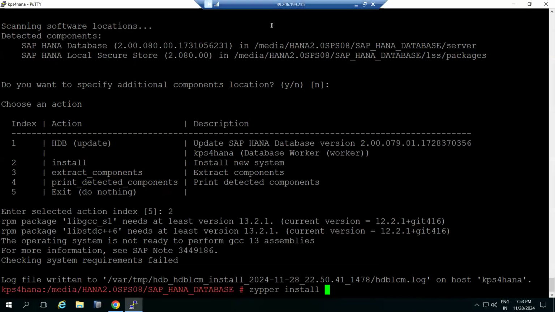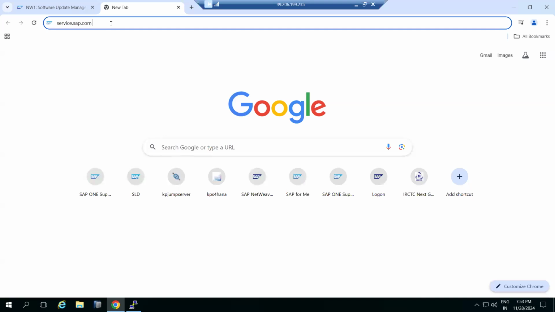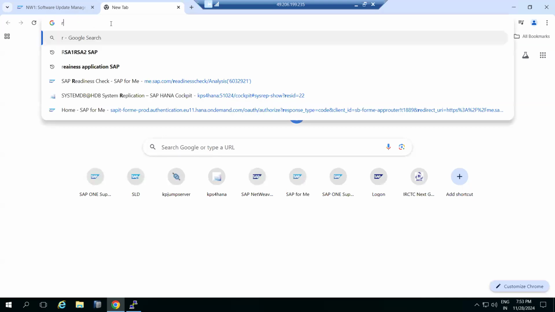Then if you type GCC, or if you give this, the latest patch level will be installed. But our system is not connected to any repository. This Linux system is not connected to any repository here. It is not available in our repository. Then what can we do? There are open source repositories available. So directly we can download from the